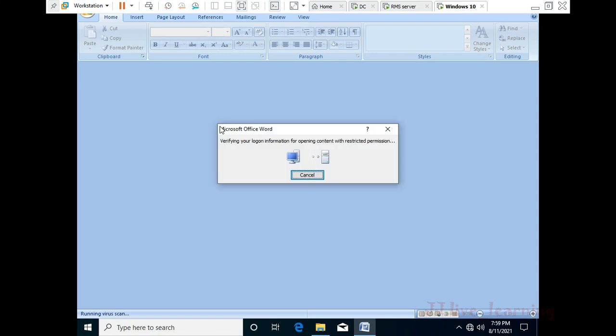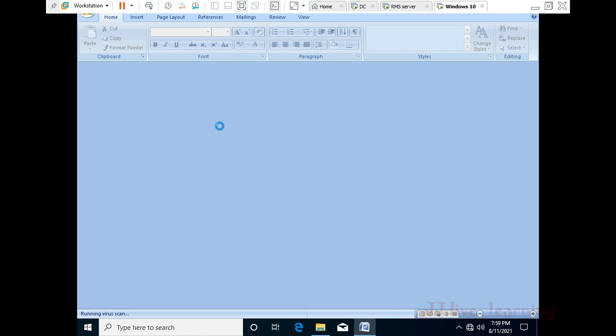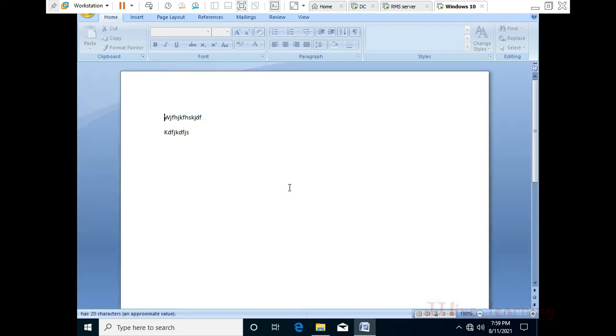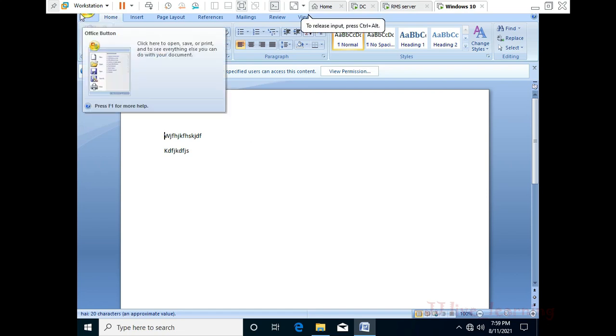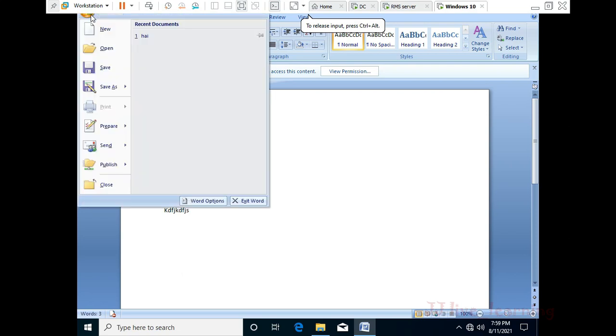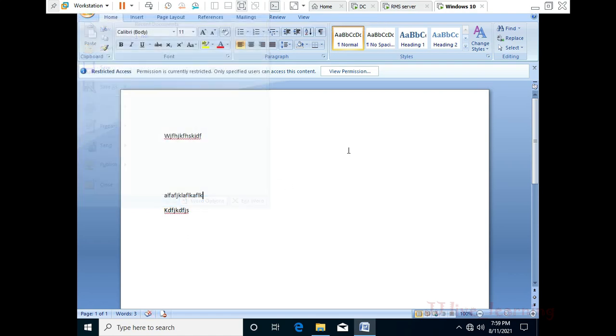So the restrictions set by U1 will be applicable to U3. Now for this document, the end user U3 can modify. If they want to add content or modify or delete, they can do everything here, but they can't take a printout. This is the output.